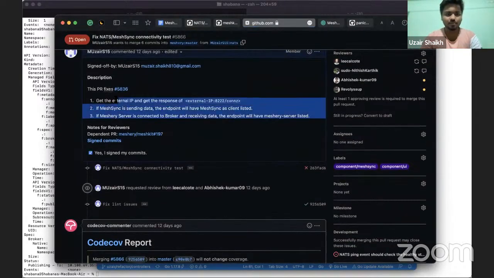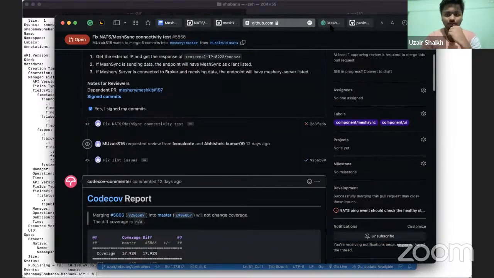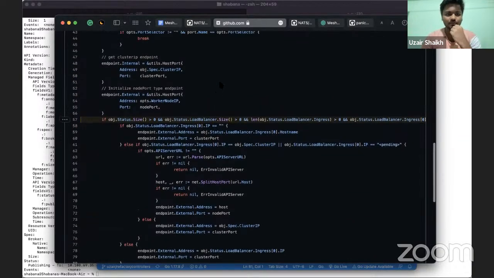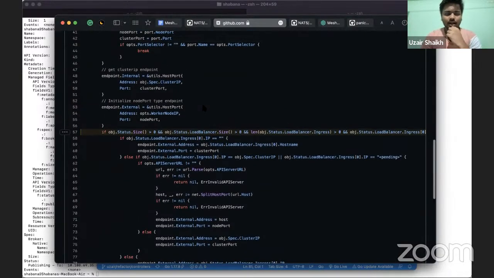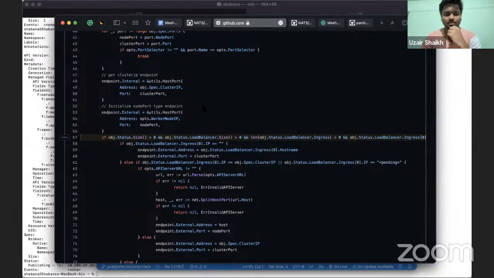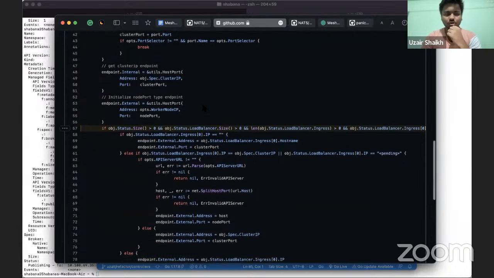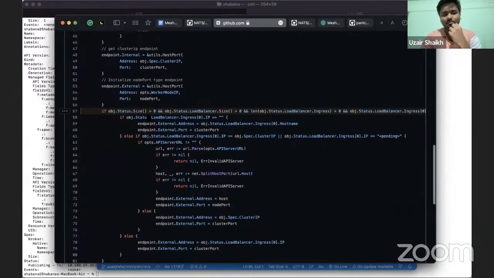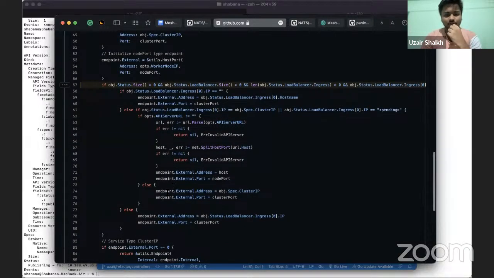Here I've described what this does, and while I was working on and testing this new test that I've created, I found a weird behavior. When I was testing in a multi-cluster environment, I had Minikube and Docker Desktop up and running, and in Minikube the meshery-broker service was not exposed. That is, the external IP was not yet provided. It was in pending state, but still I was able to connect to the meshery-broker, and the external address and port were populated for the CR.